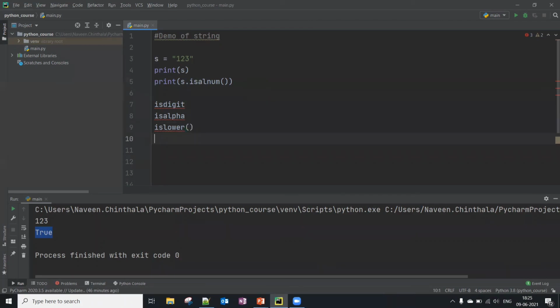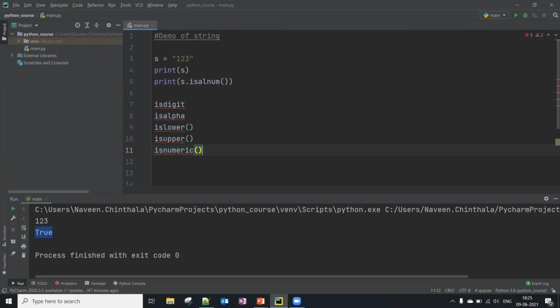Similarly we have isupper. Okay, and then isnumeric. So we have these kinds of functions to validate the data type actually. We have isspace and istitle also.